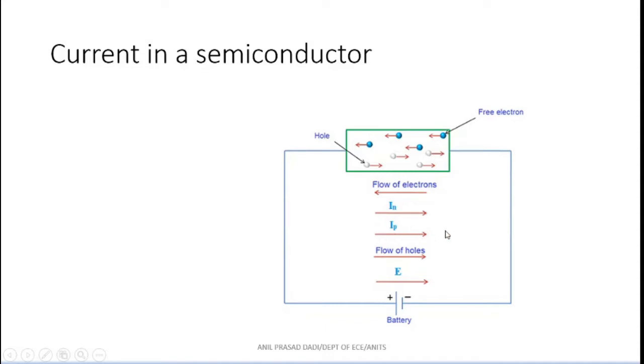You can understand in either way. If you understand in terms of valence electrons, then your current is opposite to the motion of valence electrons. But if you say that holes are moving from left to right, then current due to the holes will also be from left to right. Or in terms of electric field direction, if electric field direction is from left to right, hole flow is also from left to right, then current due to the holes will also be from left to right. These are all very important and basic fundamentals. You should never forget these things.